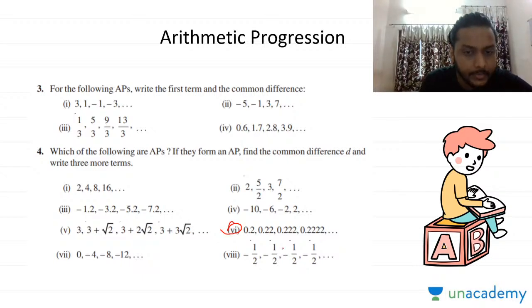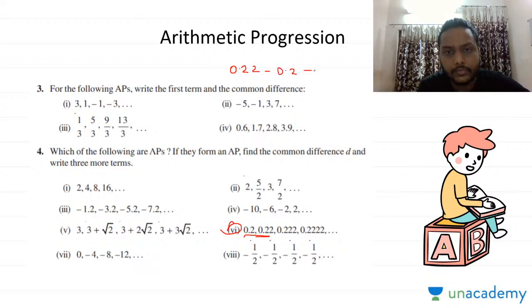Sixth one is not an AP. Why it's not an AP? Because अगर आप यहाँ पर अपना कॉमन डिफरेंस निकालोगे तो क्या होगा? If you see second term minus first term is what? Just check it out, guys. You have 0.22 minus 0.2 and that will give you what? That will give you nothing but